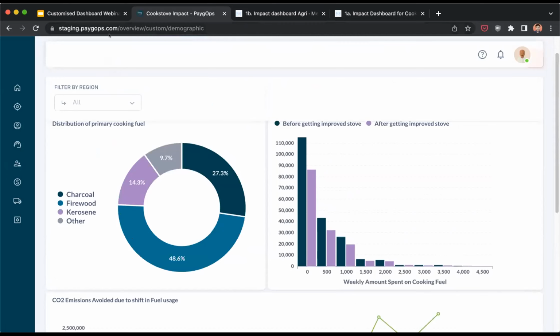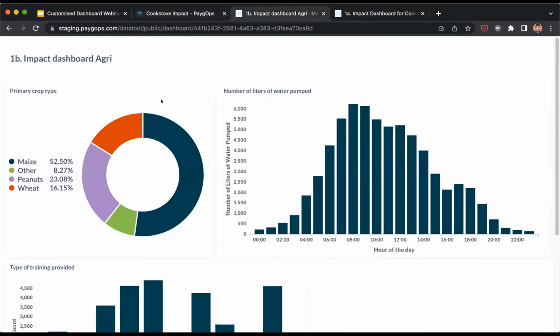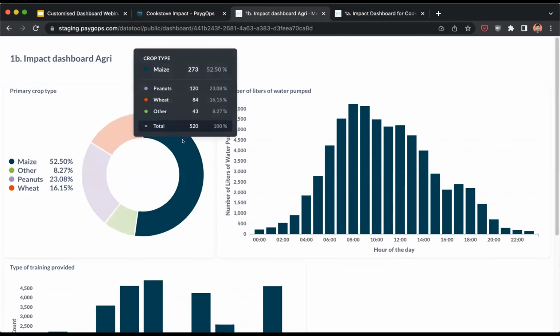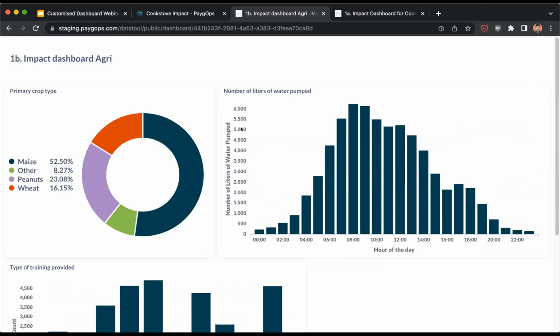Just to drive home this point of the fact that the dashboards are really custom and really matching the data that you want, I have another example here, which is a dashboard that was shared by Link. In that case, it's not directly embedded inside PaygOps, but it's still using data coming from inside PaygOps for an agricultural company. And in that case, we see that the kind of questions that they ask are completely different. In that case, the agri company cares about, okay, what is the primary crop type of my client? In this case, we can see that primarily clients cultivate maize, but also some peanuts or wheat. And they also care about